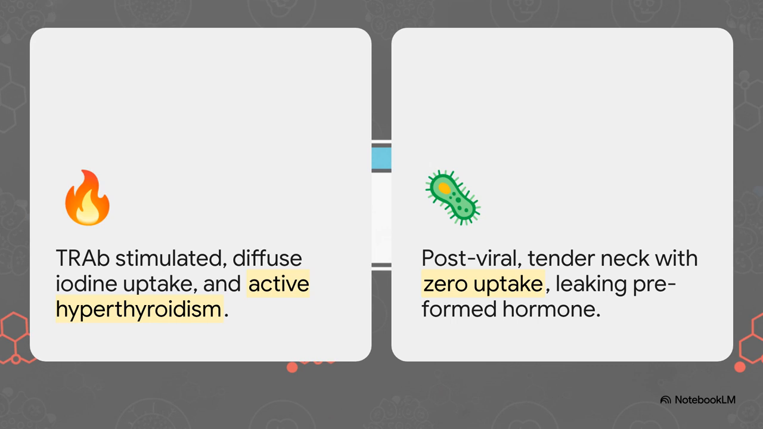receptor-stimulated hyperthyroidism. Thyrotropin receptor antibodies are constantly hammering the gland. Do a radioactive iodine uptake scan, and the whole gland lights up with diffuse uptake because it's actively synthesizing massive amounts of hormone. On the flip side, de Quervain's thyroiditis is usually post-viral. The patient comes in with an exquisitely painful neck, but the inflamed gland is literally just spilling preformed hormone into the blood. Because the gland isn't actively synthesizing anything new, that iodine uptake scan is going to show virtually zero